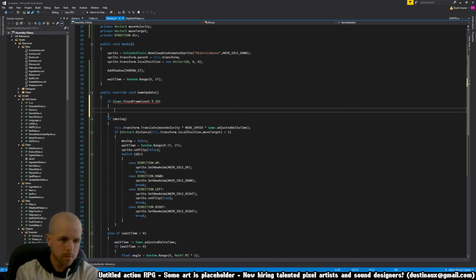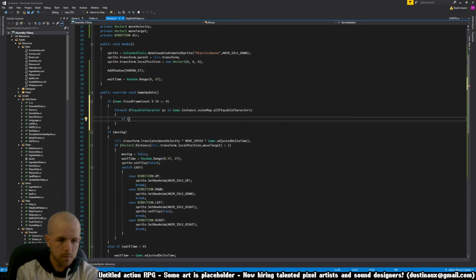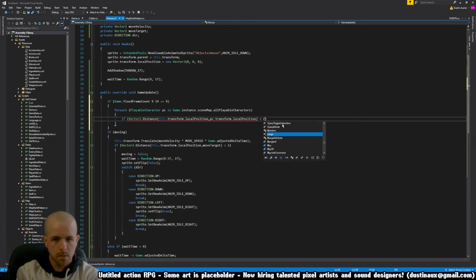Do it every 10 frames. For every player in the party, if the distance between this and the character is less than the runaway range,